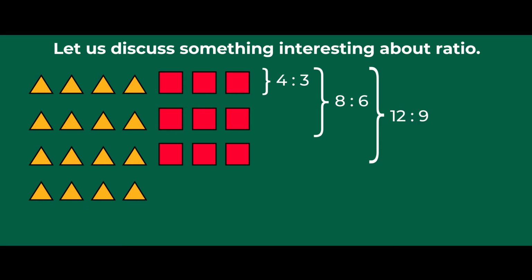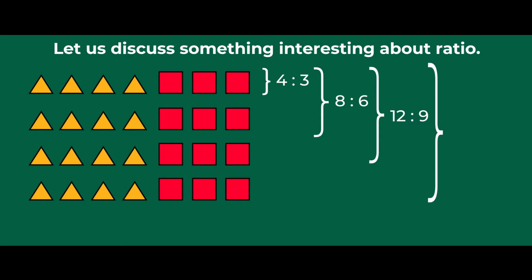Again, 4 more triangles and 3 more squares. Each time we added 4 more triangles and 3 more squares, it clearly says for every 4 triangles there are 3 squares.